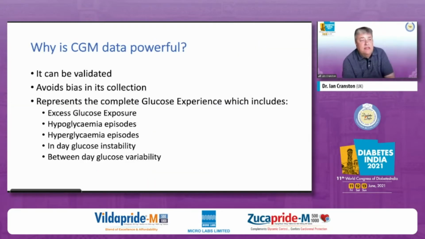So what we can see is that CGM data is a very powerful set of data. Because we can validate it, we have to use a computer realistically to analyze glucose data from CGM devices, because there's too much data for us to be able to look at columns of figures realistically. And because it's measuring all the time, it means that we don't have any bias in the way that that data is being collected. And of course, because we have that continuous measure, it will give us the information, all